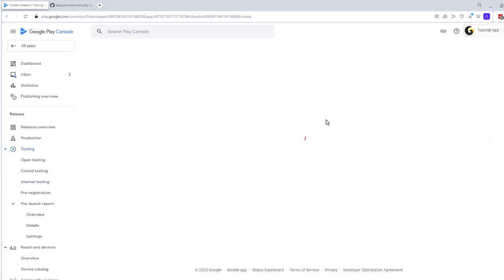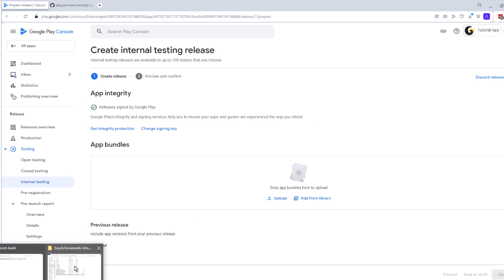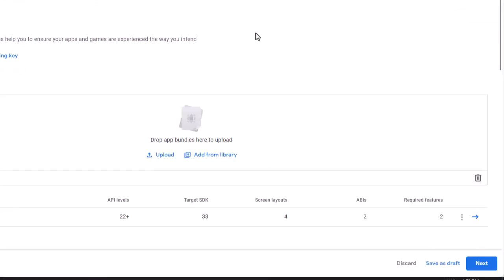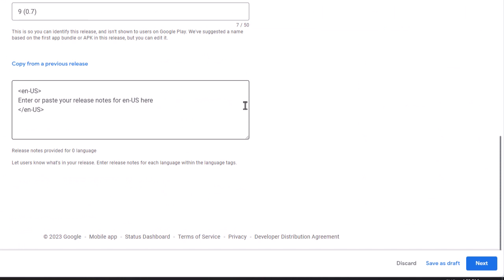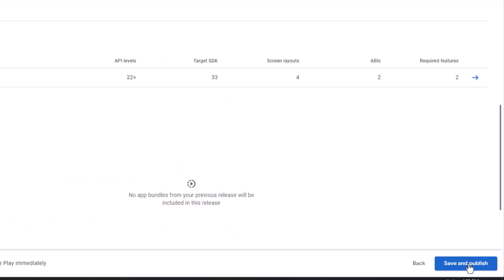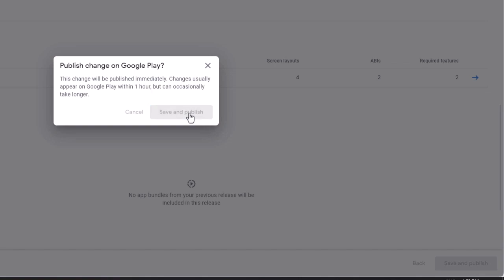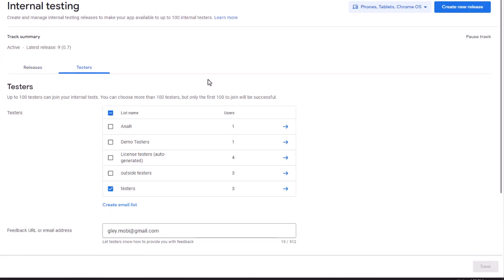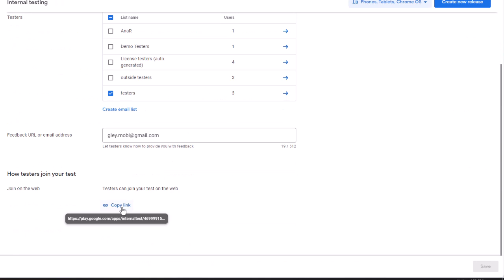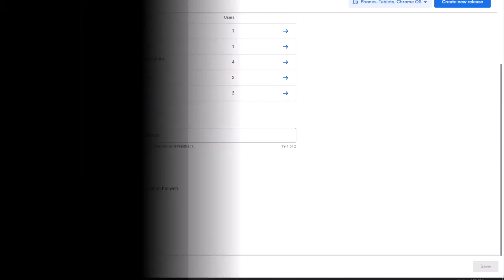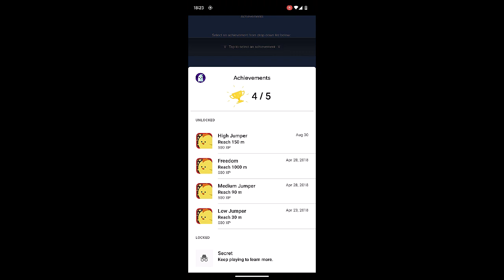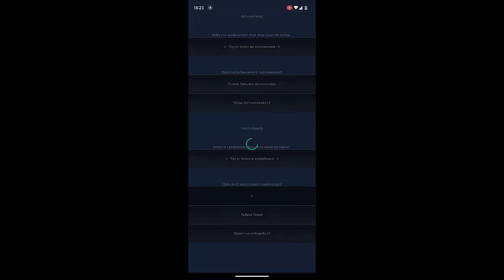Upload your app on the store. Save and publish your app and download it using your test link and the test user. On the test scene, you should be able to see all your achievements and leaderboards, and also to submit any of them without any issues. If you have issues at this step, please double check your IDs.